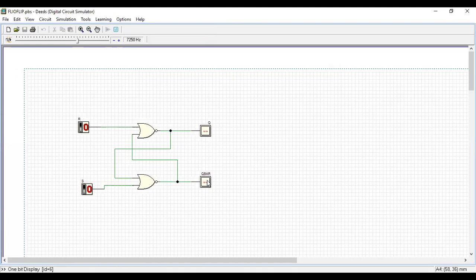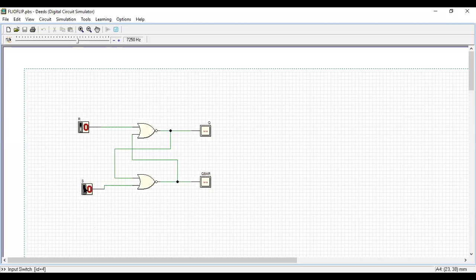Why? Because this is the first time I am simulating, so it does not have any past data. The latch is seeing this input for the first time. If you see a person for the first time, you don't have any past memories, right? So that is the meaning.